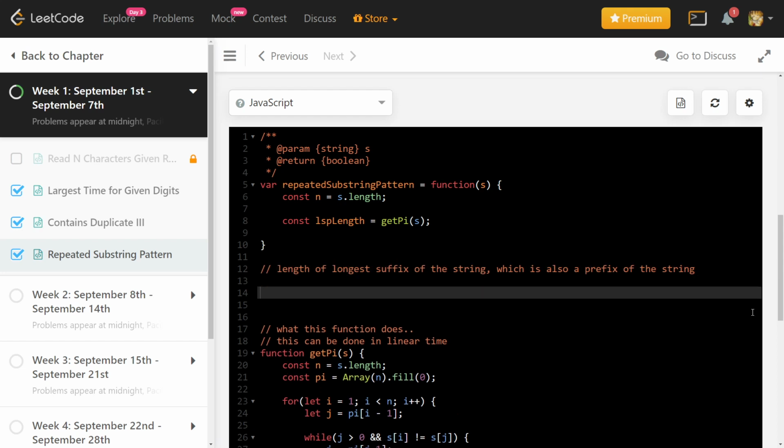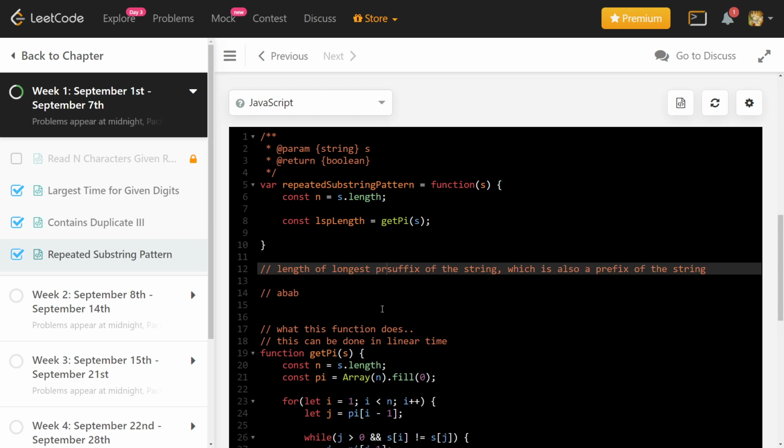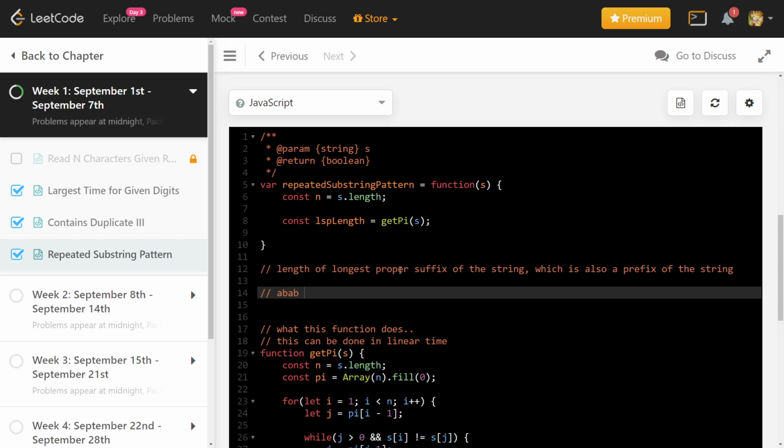So let's look at some examples. So suppose the string was ABAB. If I look at all the suffixes, we have to find the longest suffix. And it's actually the longest proper suffix, I think, right? A proper suffix can't be equal to the string. So we start with the longest suffix, which is actually ABAB, but it is not proper.